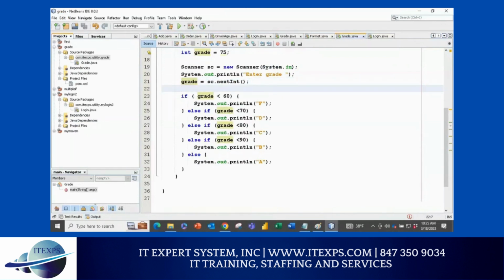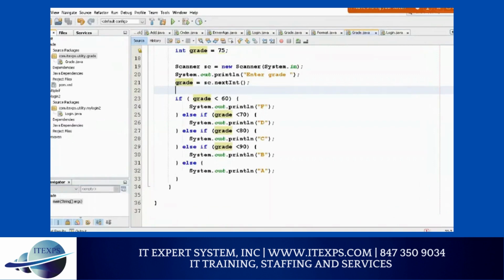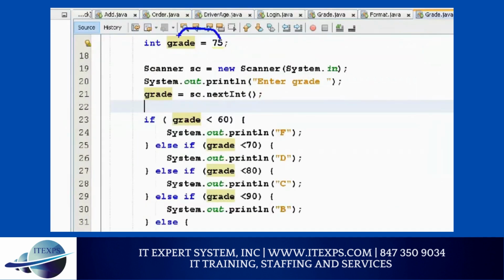No, that's called initialize, not hard coded. This is the initialize, but then we are reading from the user, so the user input will be the one taking effect. This is a default one, considered as 0 basically. It can be 0, but because you are giving this, you are actually overriding the default value. Good. Any other questions?